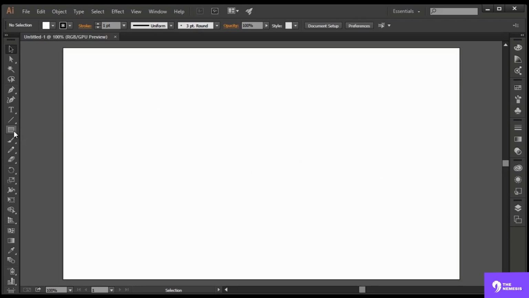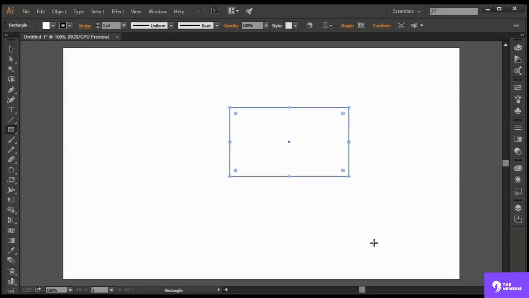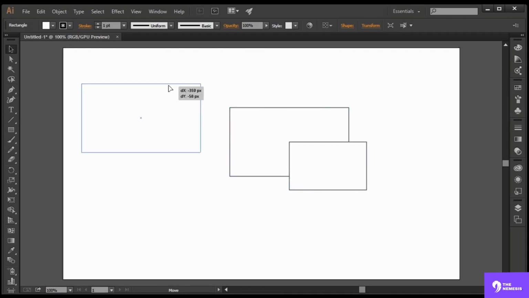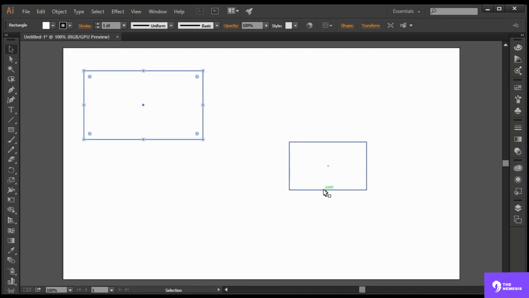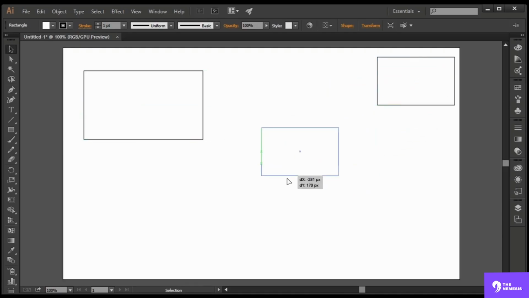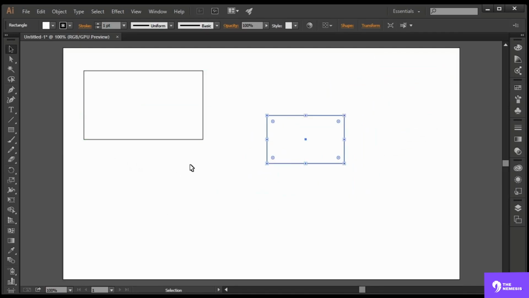For example, if we have an object here, how can we move this object? Of course we can't move it because we have this rectangle. If we try to move from here, you see we can't move it. So to move these objects we will use the selection tool. We can select our objects and move them wherever we want. So this is very easy. And the next